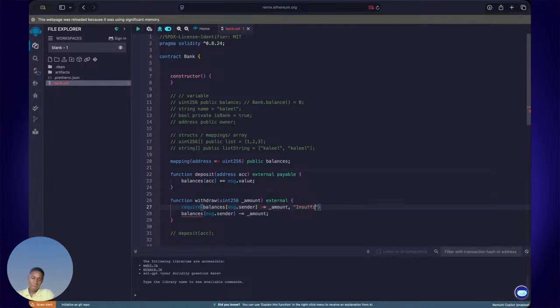So if it does not have it, you can return an error message saying insufficient balance, because as we all know, you can only withdraw what is in your bank account, and if you don't have that, you cannot actually withdraw. So this is the basic withdraw function, and then we have a way of paying this user by saying payable